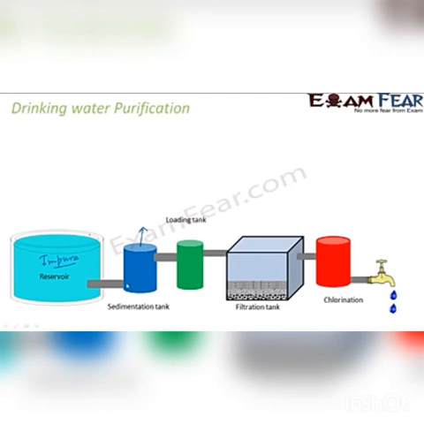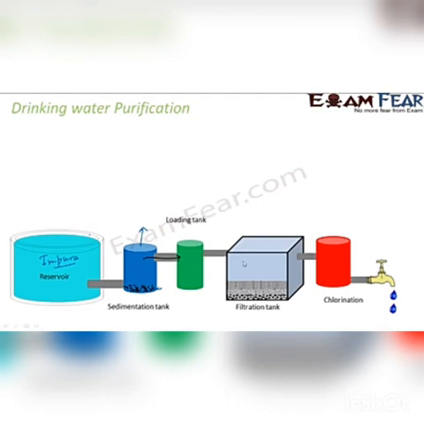So here what happens is solid particles get settled down, right? The solid particles get settled down here, and that's why it's called a sedimentation tank, because the sedimentation process is taking place here. Now this is relatively pure water. It goes from this tank to a tank called the loading tank, right? So here we don't have sedimented impurities. Here we have water without sedimented impurities. So I have relatively pure water, but it will still have impurities in it, which are fine impurities.